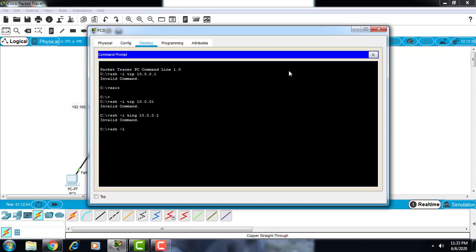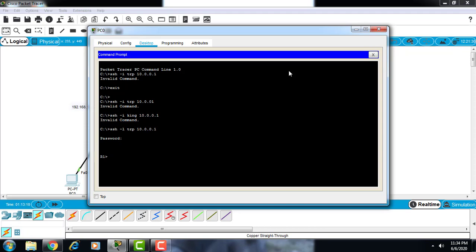Our domain is trp and our interface is 10.0.0.1. The password is CCNA. Now we can enter our router with the help of SSH.